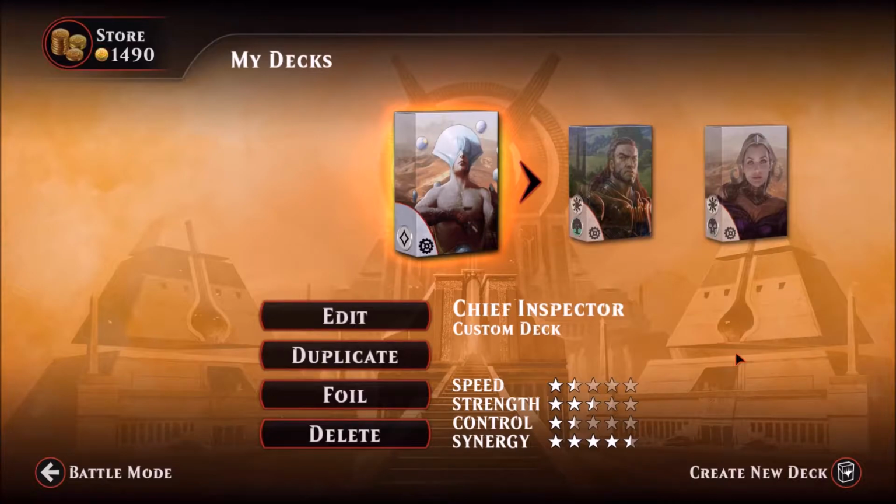decks created by the community. In this episode, I'm taking a look at a very interesting deck that I call Chief Inspector. This deck was created by dannithew of the Magic Duels subreddit, and this is a totally colorless deck that